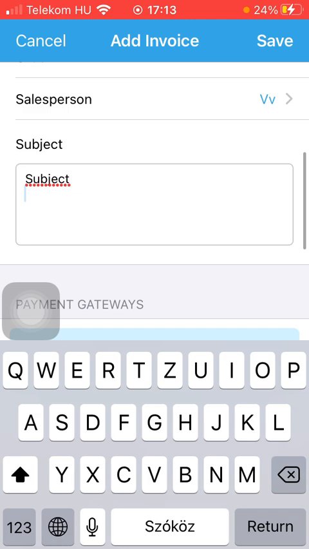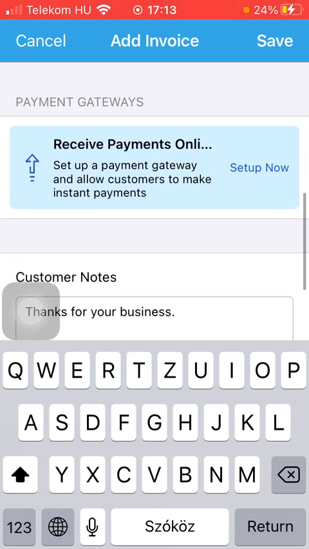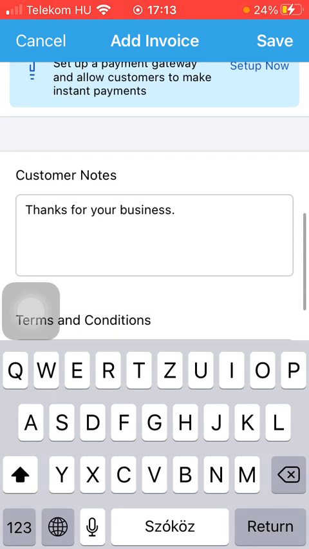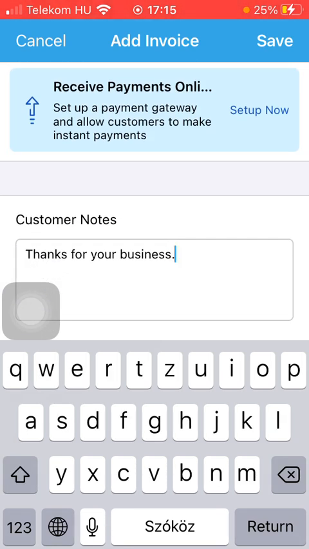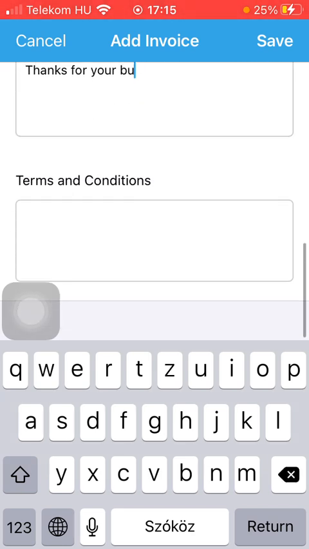Type it in, and then as you scroll down, you're going to find the payment gateway section that you can set up, and also a customer note. It's a preset sentence, thanks for your business, but you can change it anytime you want by tapping on this white box and simply deleting it and typing in your own